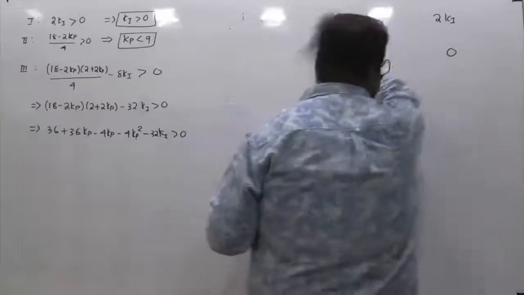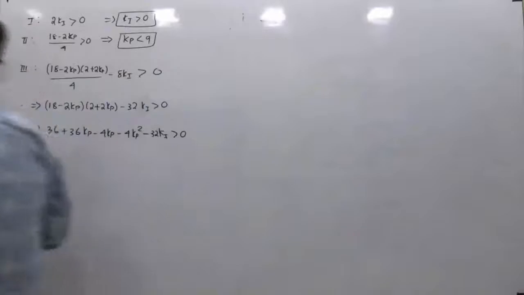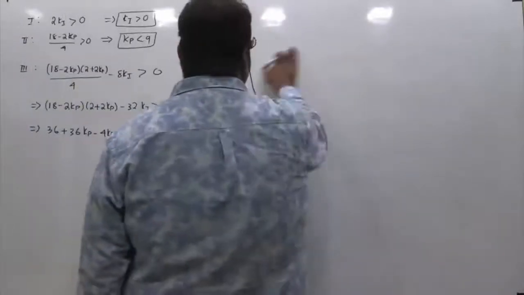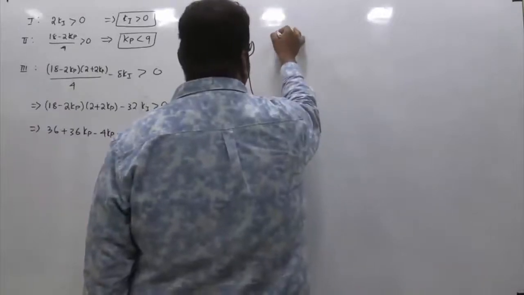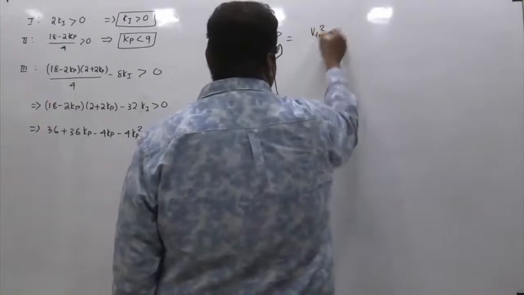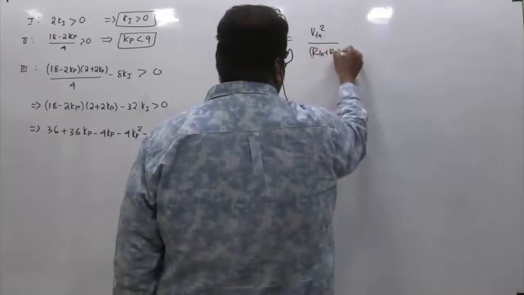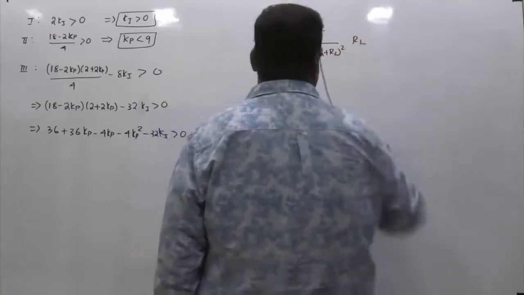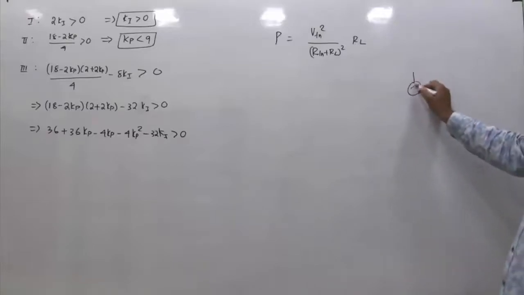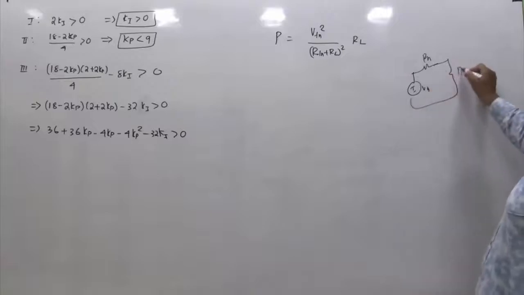Now if you see, this equation contains terms corresponding to kp as well as ki, right? Suppose for example, in the maximum power transfer theorem, you might have seen that the power of the load is given by Vth square divided by (Rth plus RL) whole square, into RL. I square RL, where I is Vth by... are you getting which circuit I am saying? This is your Vth, this is your Rth, and this is your RL, right? And this has three variables.